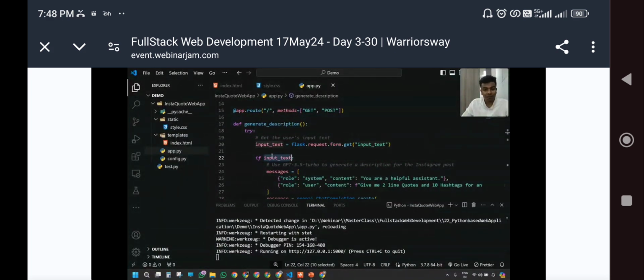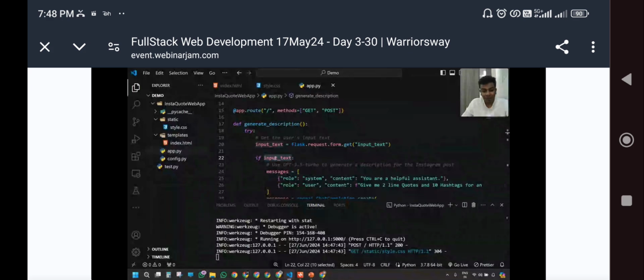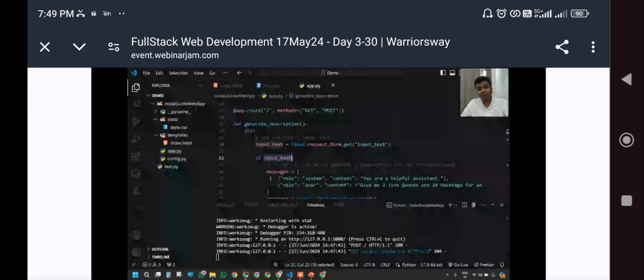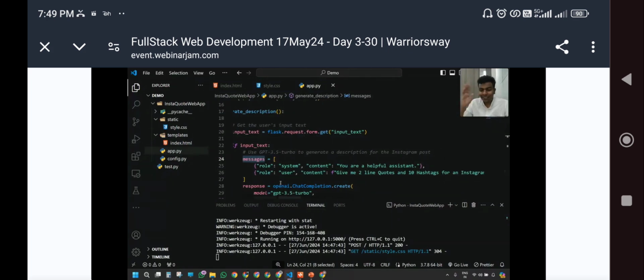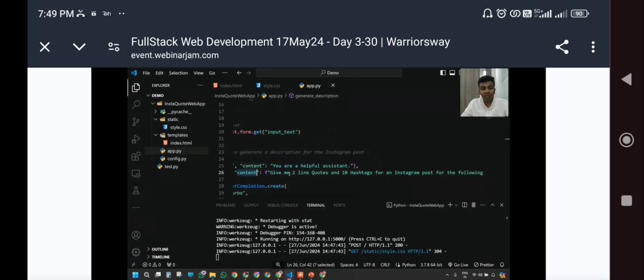And if there is something, so if input_text, if there is something like technology, then it is going to create one message. That message is nothing but a prompt. Guys, did you get a clear idea? Instead of going into ChatGPT and writing a prompt, here we have written the basic prompt for it. So the role of the system, the content is, you are a helpful assistant. And the role of the user, the content is, give me a 2-line quote and 10 hashtags for an Instagram post,